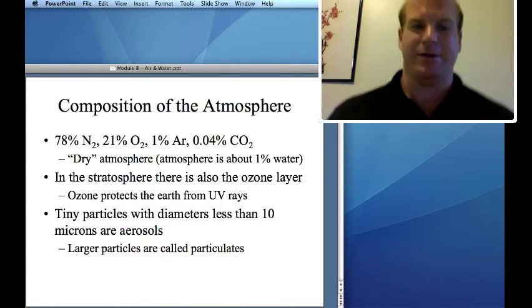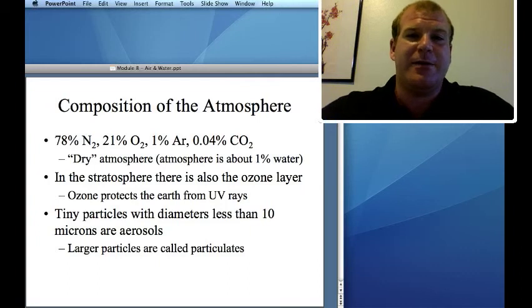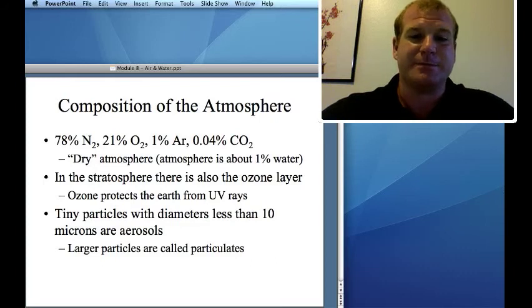What is the atmosphere made of? Well, depending on where one is on Earth, the atmosphere contains a variable amount of water. We have a lot of water here in Hawaii, but other areas, if you're in a desert, for instance, will have less. But the dry air without water is about 78% nitrogen, 21% oxygen, 1% argon. And nitrogen is fairly inert, slightly reactive, not very much. Oxygen is extremely reactive, and that's what we need, that's what we use for breathing.